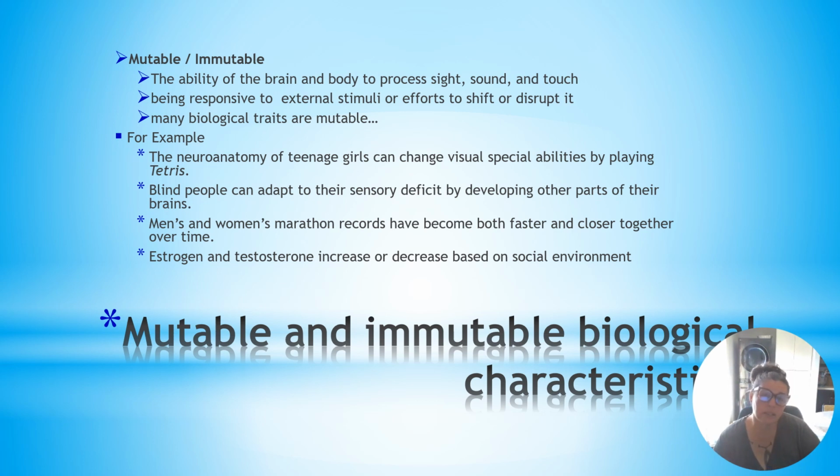And we even see things like estrogen and testosterone change based on our social environment. This one I find very fascinating because based on the activities that you do, the people that you're around, what you're interested in, it can change your estrogen and testosterone level. Your estrogen and testosterone level fluctuates over your own lifetime. It fluctuates based on your environment. It fluctuates based on the time of month you are in a cycle for both men and women. So it is very mutable as well.